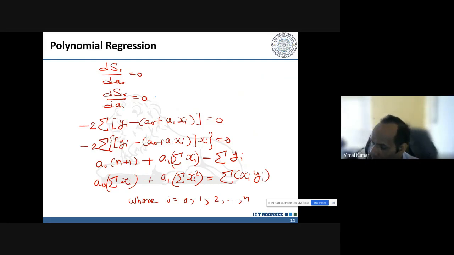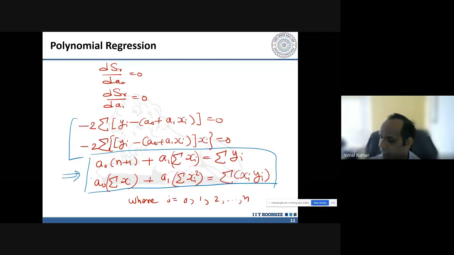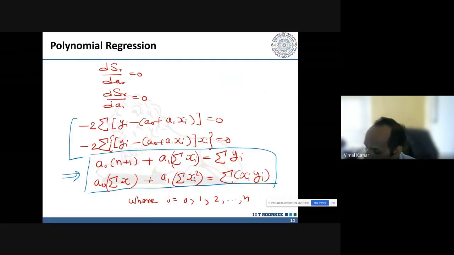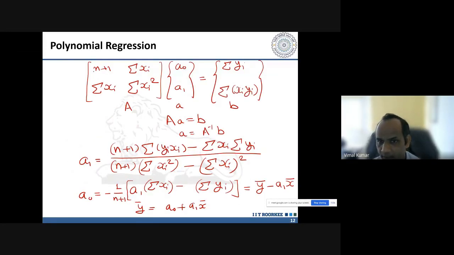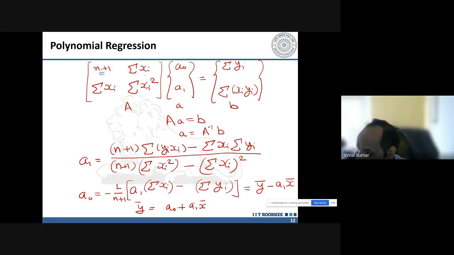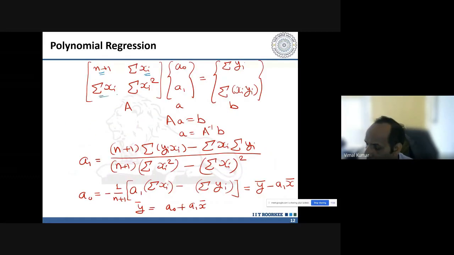When I equate these two functions with zero, I obtain the first equation and the second equation. Now I can solve this in two ways. I can simply rearrange both the equations and get the values of a0 and a1 from this. Or otherwise, I can take out a0 and a1, which are common, converting this algebraic equation into matrix form. So here I have (n+1) and sigma x_i. Similarly, in the second equation, sigma x_i and sigma x_i squared, multiplied by a0 and a1,